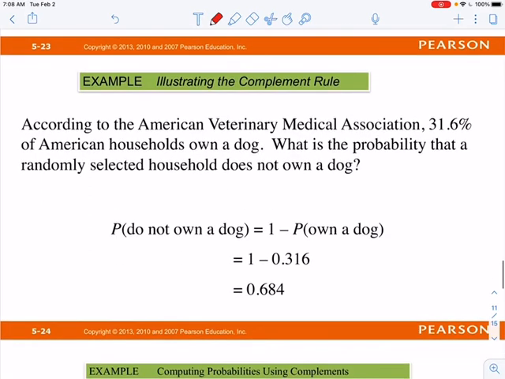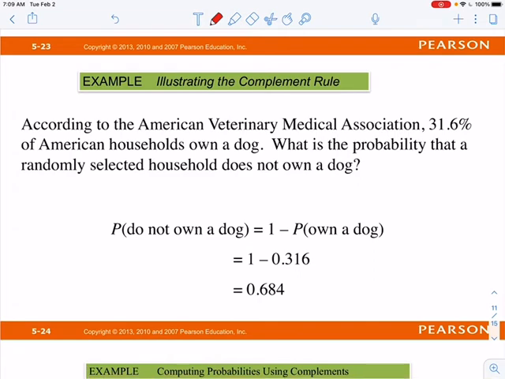Okay, so it might help if we look at an example here. According to the American Veterinary Medical Association, 31.6% of American households own a dog. So what is the probability that a randomly selected household does not own a dog? Again, we're going to do the complement here. So the probability that they do not own a dog is going to equal 1 minus the probability that they